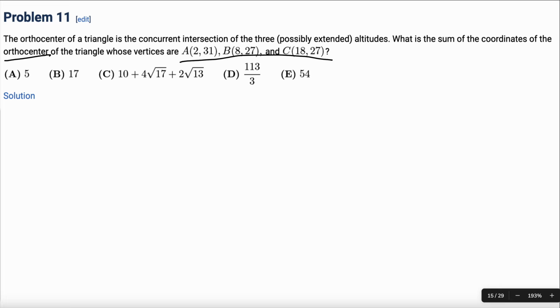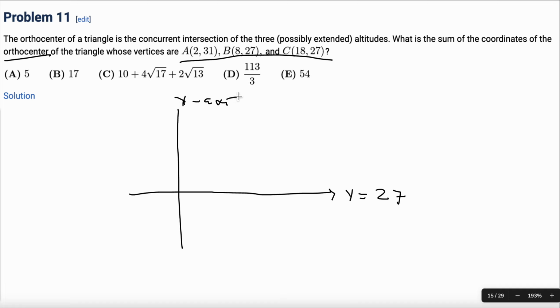To do that, let's first draw a diagram of what this triangle looks like. What I'm going to do is something maybe a little different. This is not going to be the normal x-axis. This is going to be the line y equals 27, and this is just going to be the normal y-axis. The reason I'm doing this is because this is basically a normal triangle that's a little bit low, but it's translated all the way up to y equals 27, so this just makes it a lot easier